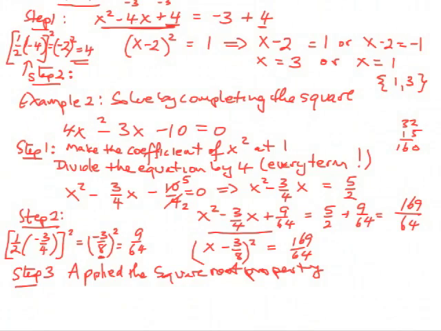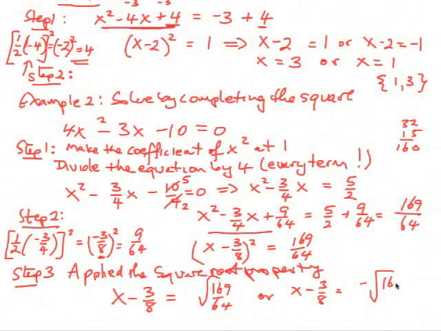Okay, so this means, all right, that we're going to have x take 3/8 is going to be equal to the square root of 169 on 64, or x take 3 on 8 is going to be negative square root of 169 on 64. So this means that x is going to be, add 3/8 both sides, plus, now this